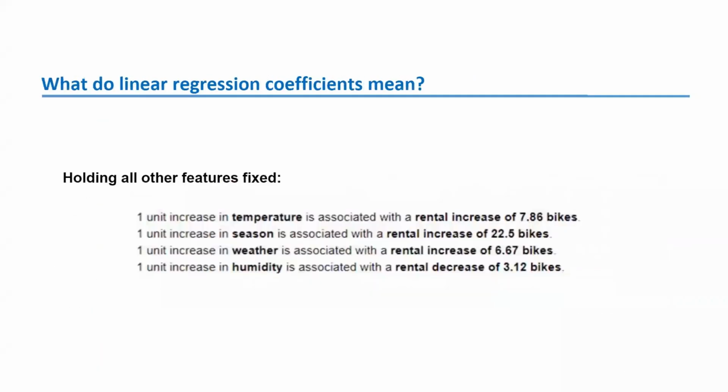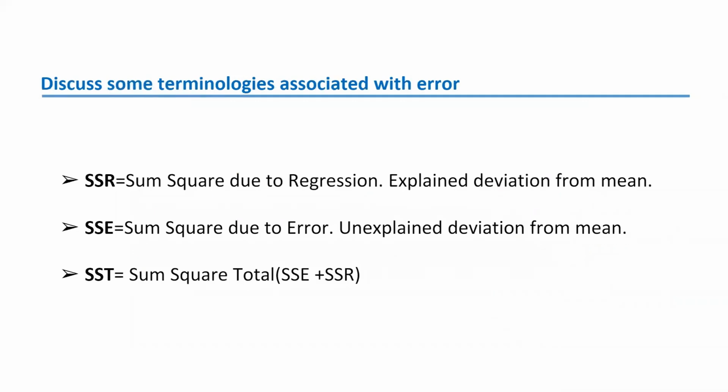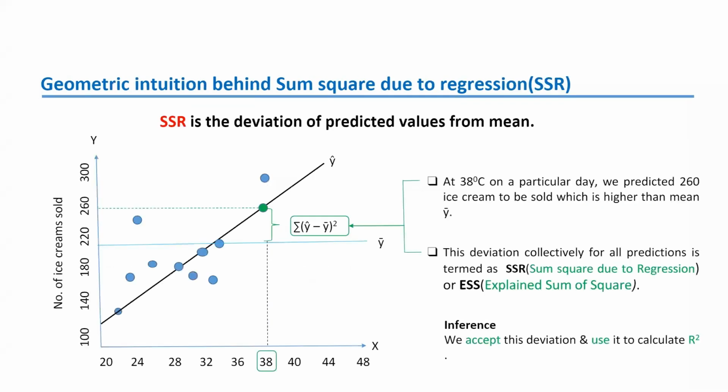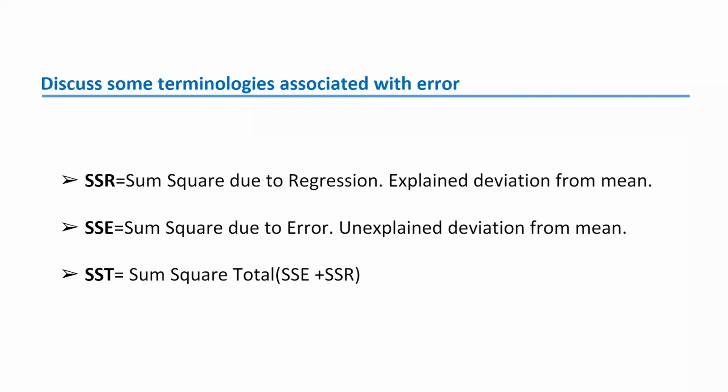Now from here, we discuss some terminologies associated with error. One is the sum squared due to regression, which explains the deviation from the mean. We have sum squared due to error, which is the unexplained deviation from the mean. And we have sum squared total, which is the sum of SSR and SSE. If you want to understand what SSR is, let's understand sum square due to